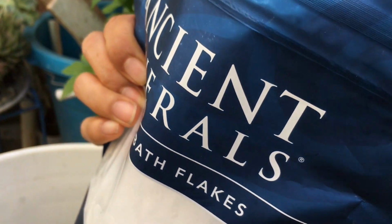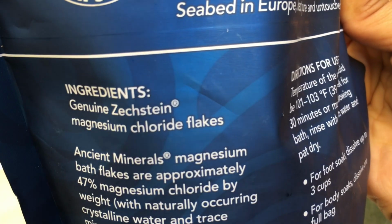This is basically magnesium, like the Epsom salt that many of us use for soaking feet, for aching, sore muscles, for baths. But this one is supposed to be easier for the body to absorb, so that's what I use. So I'm just going to